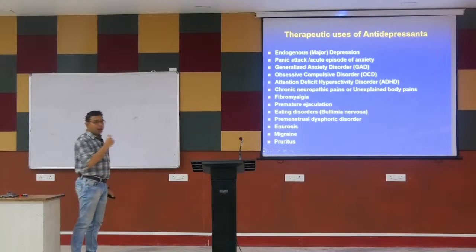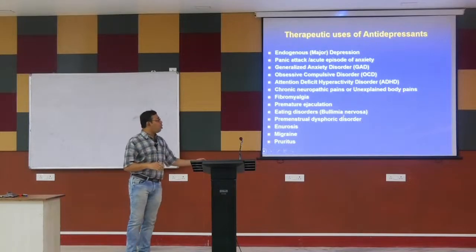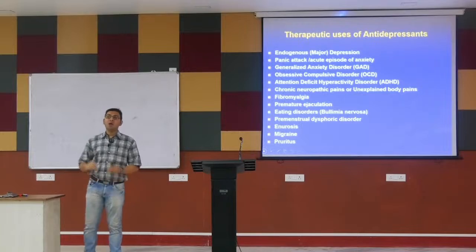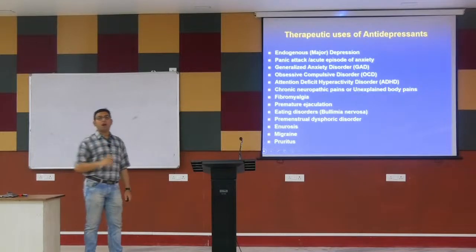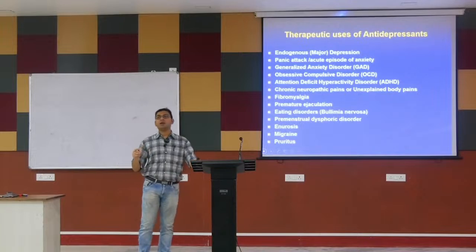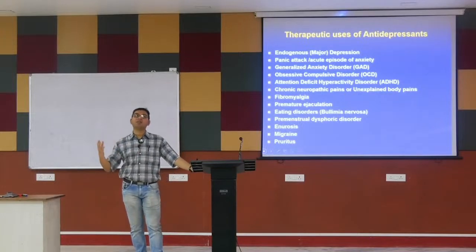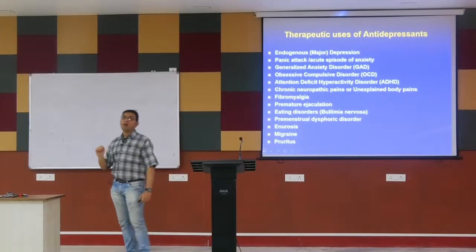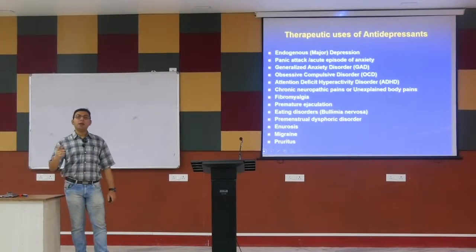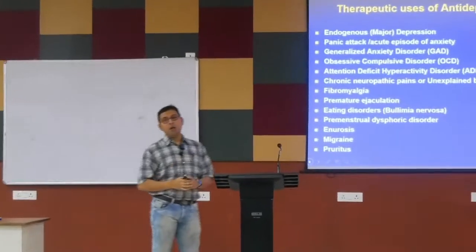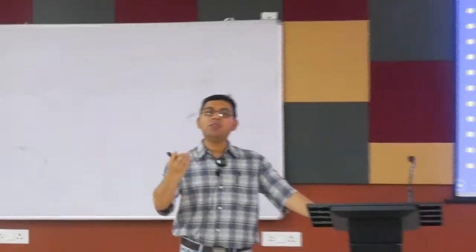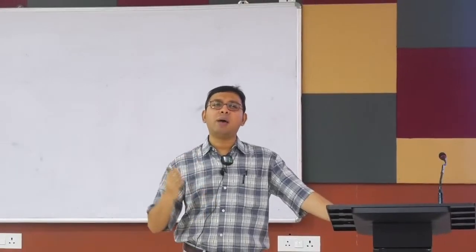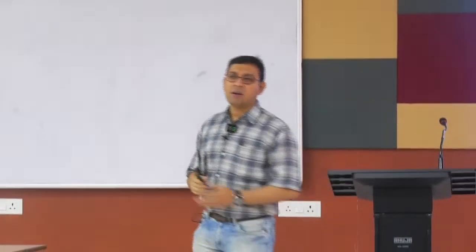Eating disorder, another very important thing. There are two types of eating disorder. One is anorexia nervosa, another is bulimia nervosa. Anorexia nervosa means the patient will not eat anything because of their false assumption that he or she is very fat, even if his or her BMI is less than approximately 15 or 16. So ultimately anorexia nervosa is difficult to treat, and the mortality is approximately 10%. You can search on the internet and you will see that very many famous models have died due to anorexia nervosa, basically in the Western countries.